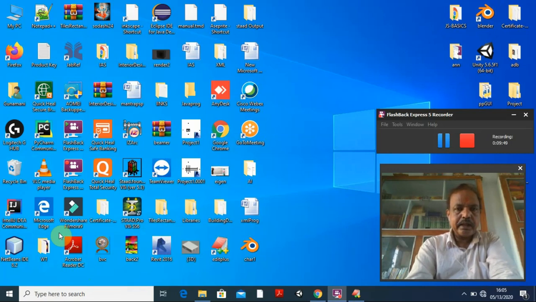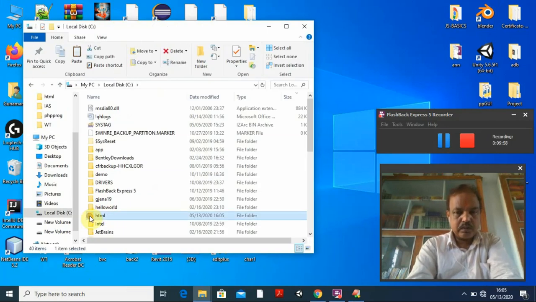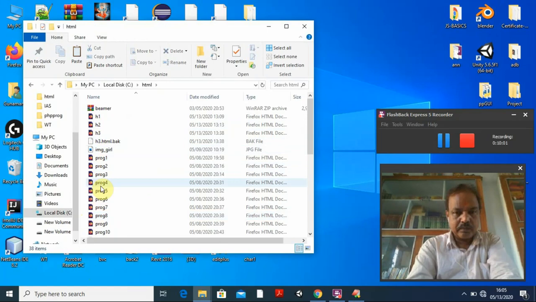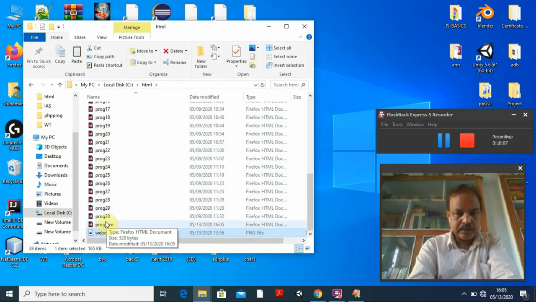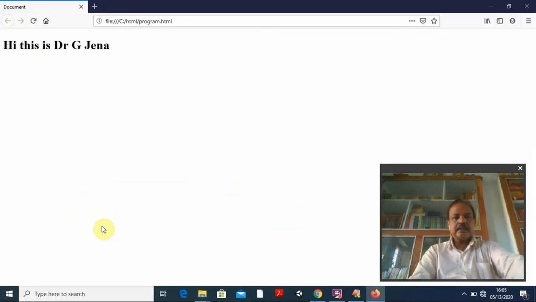I have written it under the C drive, HTML folder. So you go to the C drive, go to the HTML folder, and here I have written the program. Where is that program? Check it here. There are a number of programs, and I think your program file comes here. What have you written? You see it here: "Hi, this is Dr. Jana". In Notepad we wrote a number of tags and a lot of coding to display the same thing, but here we did it by opening an editor like Edit Plus, and I am able to do that too.